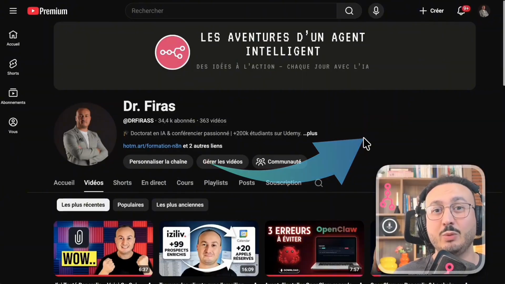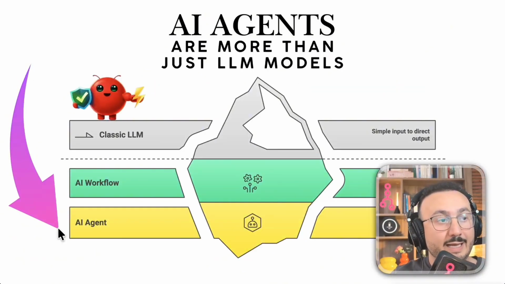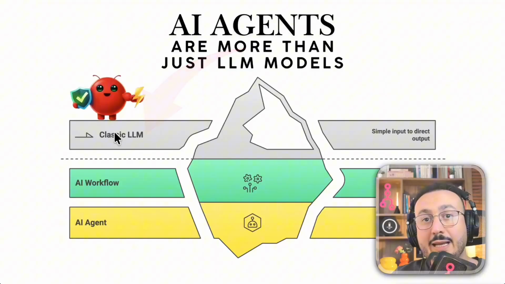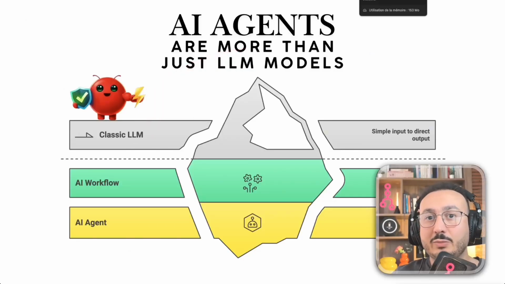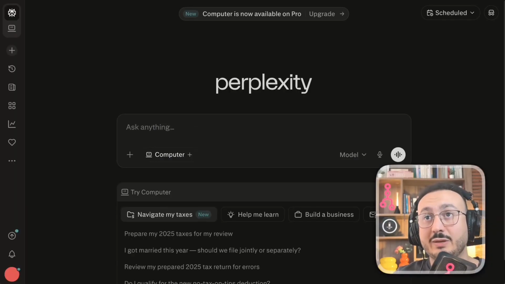Alright, let's get started. We'll begin with LLMs. Let's go. To understand AI models, we first need to understand the first level, which is the LLM. LLMs, to make it simple for you, you see Claude, ChatGPT, Gemini, or even Perplexity. These are all very popular models today, and they are tools based on what we call LLMs. LLM stands for Large Language Model.